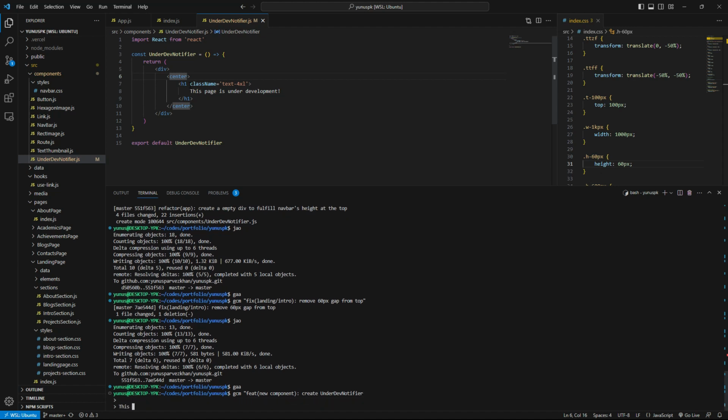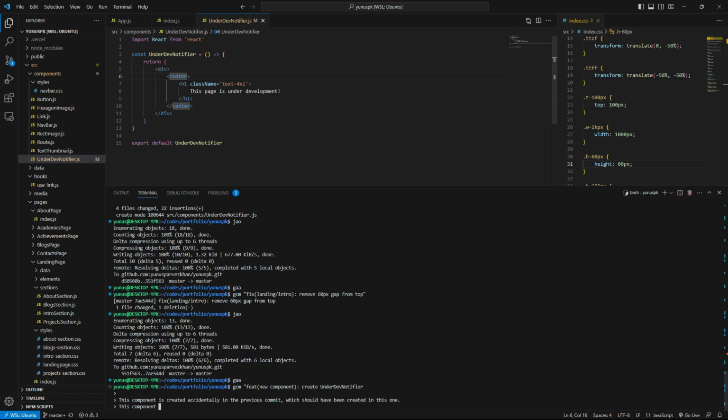This component is created accidentally in the previous commit, which should have been created in this one.